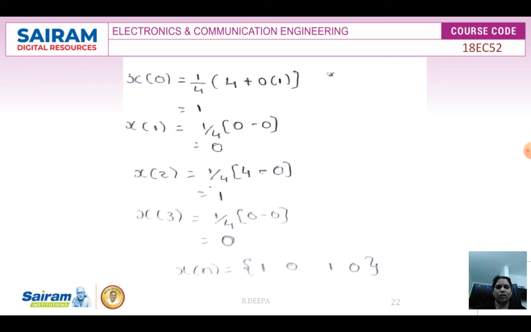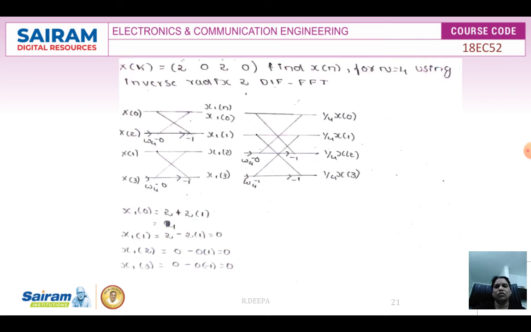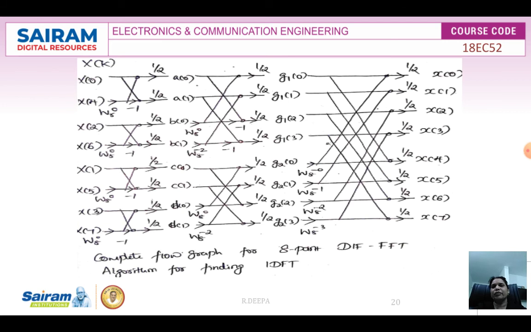And let us have a quick recap of all the 4 structures. You can make a note of this. The first structure, which is used to find the DFT for a given sequence x of n using the DIT FFT algorithm, will have the same structure as the last one. So the last structure we have seen now is similar to the first structure. The similarity is in drawing the butterfly structure: it starts with smaller butterflies, then bigger ones and very big ones, similar to the very first structure you have learned.